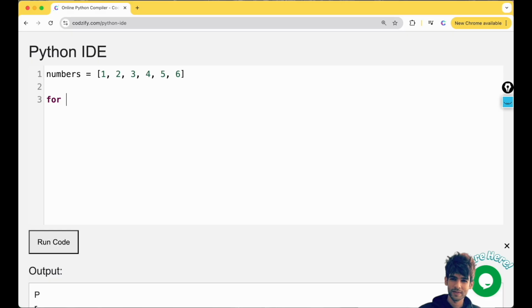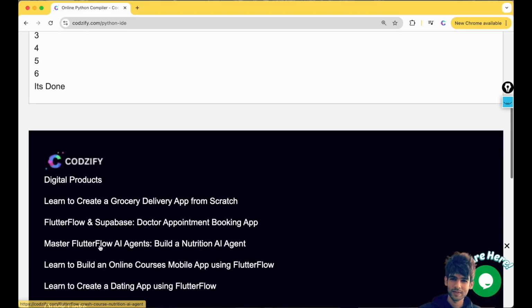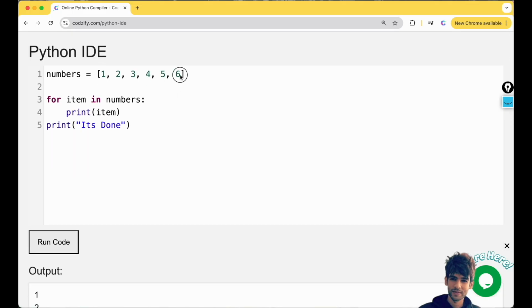Now I will print item in numbers, and let's print item, and once that is done we will print "it's done". Till 6 it has printed the list, and finally the loop breaks and it printed "it's done". So for the first time 1 will be selected here and it will print, control will come to this line. For loop will check for the second number and then it will print 2, then 3 4 5